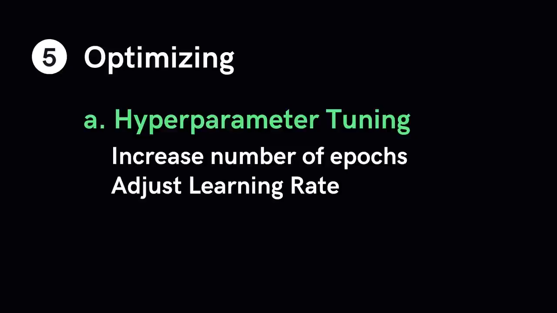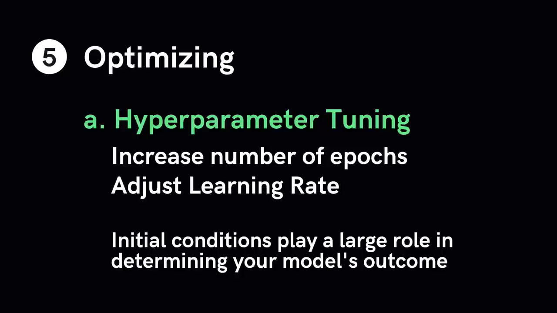These values all play a role in how accurate a model can become and how long the training takes. For complex models, initial conditions can play a significant role in determining the outcome of training. There are many considerations at this phase of training, and it's important you define what makes a model good enough. Otherwise, you might find yourself tweaking parameters for a long time.